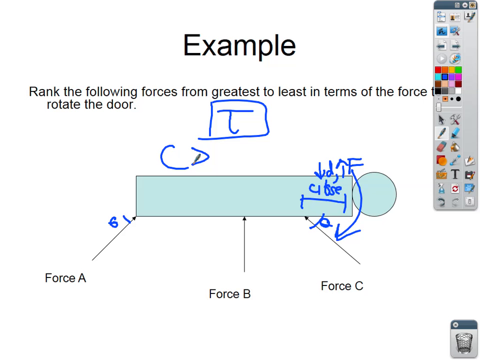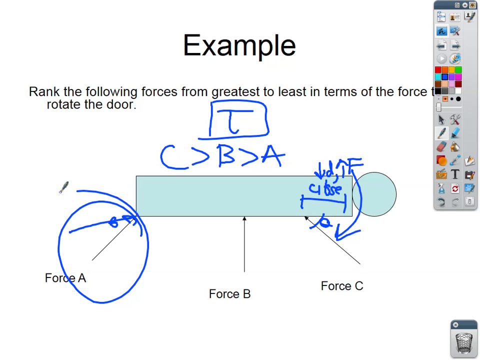The other two I've had students argue about a little bit because they're like, well, B looks like it's right in the middle and A is at the end, but it's angled. And they go, well, what's the angle? I can understand that if the angle was very, very extreme, that maybe A would be greater than B. But I'm looking at this primarily as a distance ranking, so I would say C is greater than B is greater than A. Now again, there is a possibility that A could be greater than B if it's at such